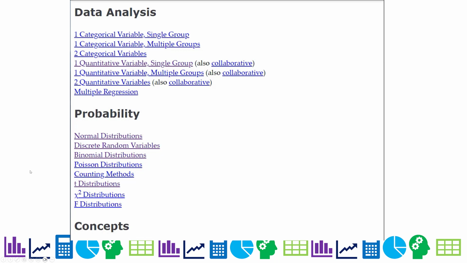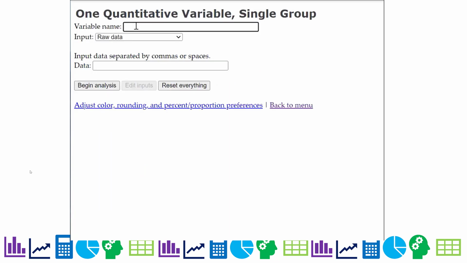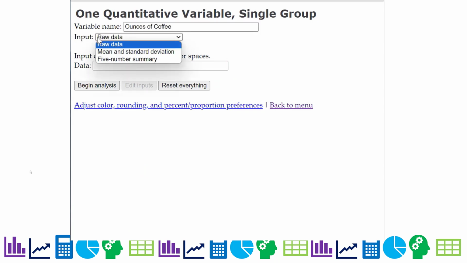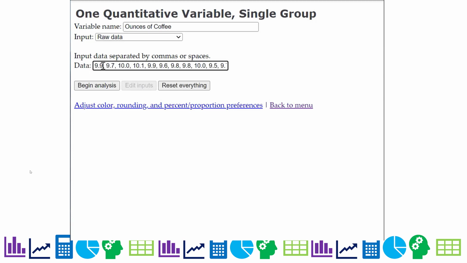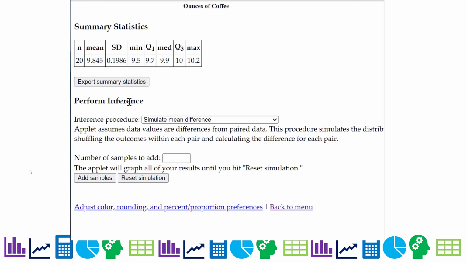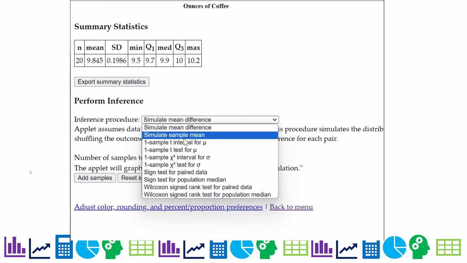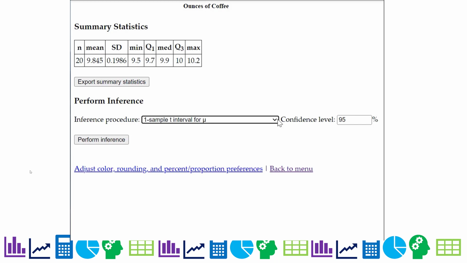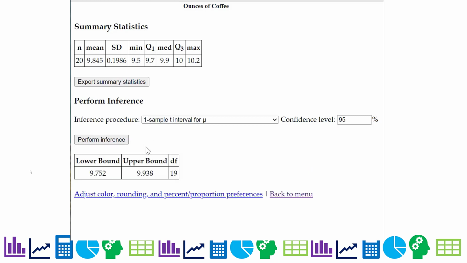We're looking for the mean of one set of data. So that's one quantitative variable because we have ounces of coffee. Just one group of data, the cups of coffee. So we'll say ounces of coffee as our variable name. We're going to stay with raw data. You can do mean, standard deviation, and you can do a 5-number summary. Now I went ahead and copied the data so I could just paste it, and then hit begin, and then I come down to perform inference, and I select the one sample t-interval, and there's your confidence level. And we did want 95% confidence, so I hit perform inference, and there's the output, lower bound and upper